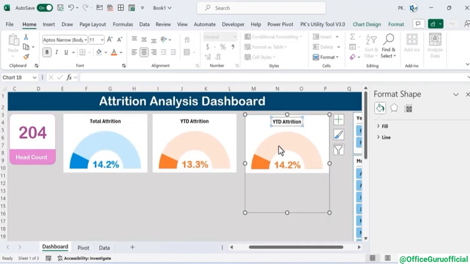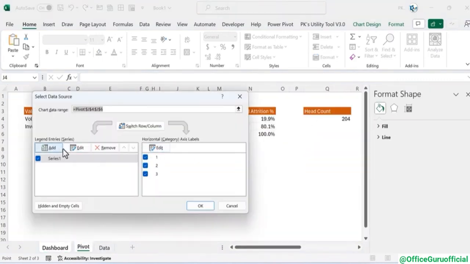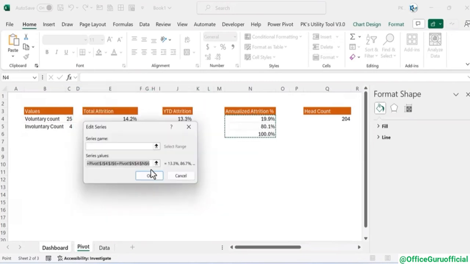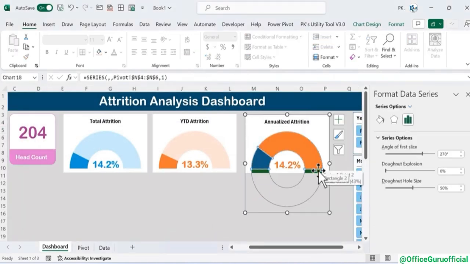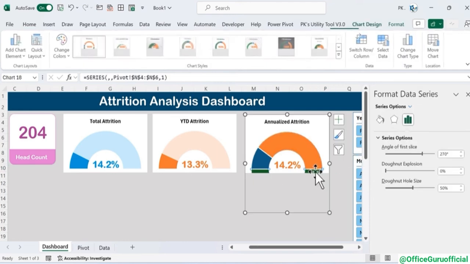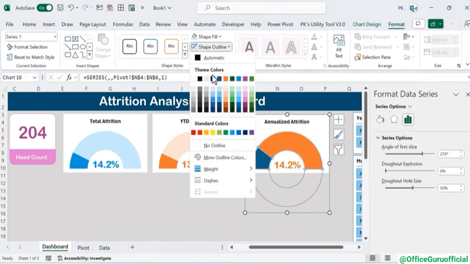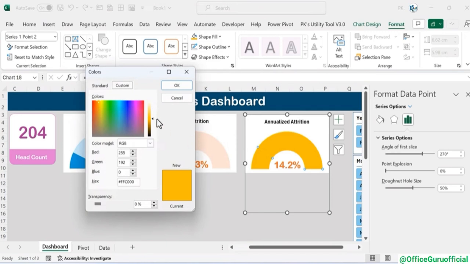So let's copy this and put it in the header, and right click, go to the select data, edit, and change the range with this one. Let's delete and select this range, click on OK, and we will change the colors again. So select only this green one, go to the format and take the shape fill as no fill, select the donut shape outline as no outline. Now select this small one and take this color, and select the bigger one and take the same color, then go to the more fill color and we will make it lighter color using this. Click on OK,